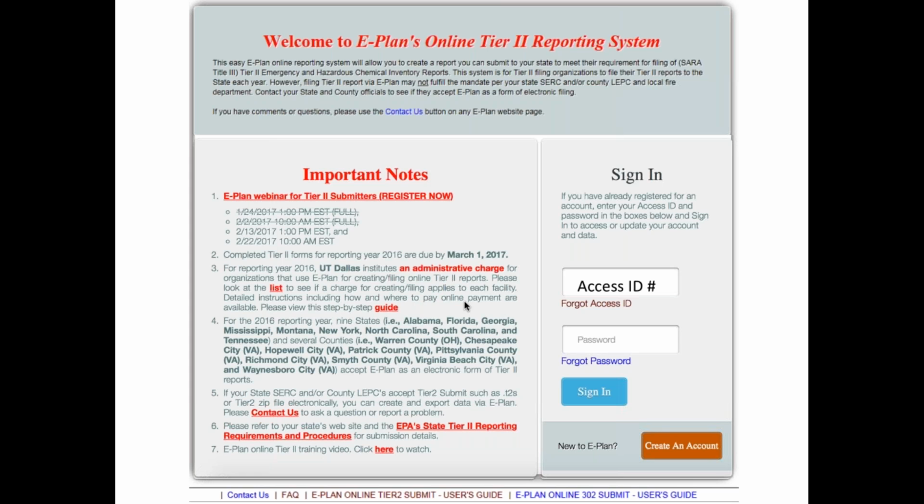All right. Also, for the names that are listed there, this suffices for submitting to those states and counties, but you must contact your LEPC and your fire department to make sure what system they would like it in. Some like it in paper, some like it in Tier 2 submit files, and I'll show you where you can export those. And under number 7, ePlan Online Tier 2 training video, if you click here to watch,